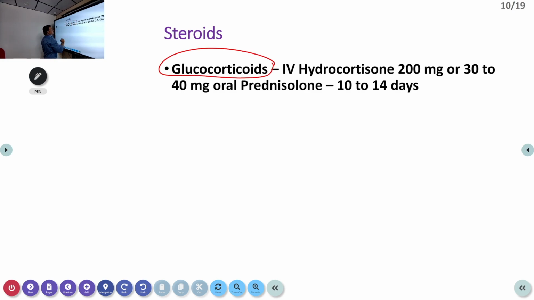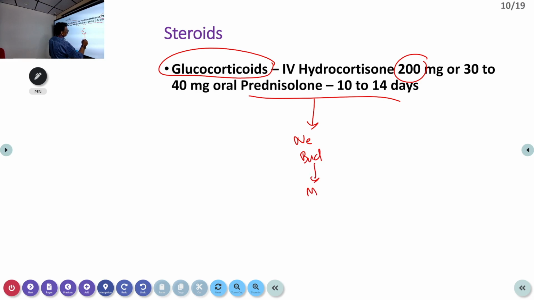Then next one is glucocorticoids. We know that in COPD it is mostly an infective exacerbation rather than an inflammatory exacerbation like in asthma. In asthma, steroids are definitely indicated, but here it is not definitely indicated, but you can give 200 milligram of hydrocortisone, because here also there is an inflammatory element. This inflammatory element is triggered by the infection, that's all. Then you can continue on prednisone oral tablets. Then nebulization, budesonide can be given. Then it can be changed to MDI, metered dose inhalers.